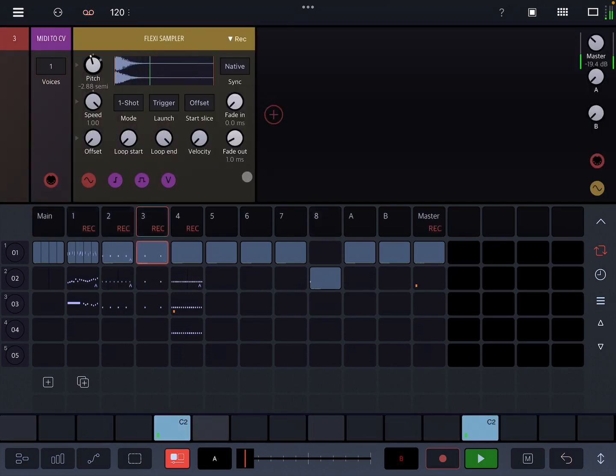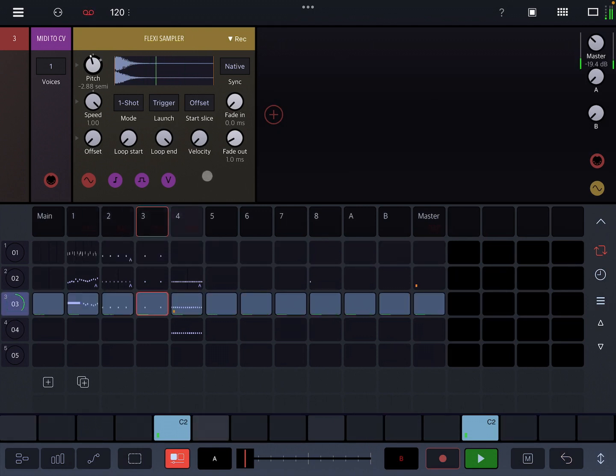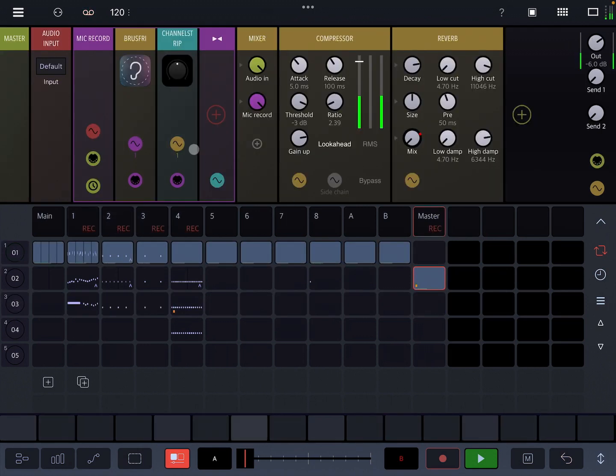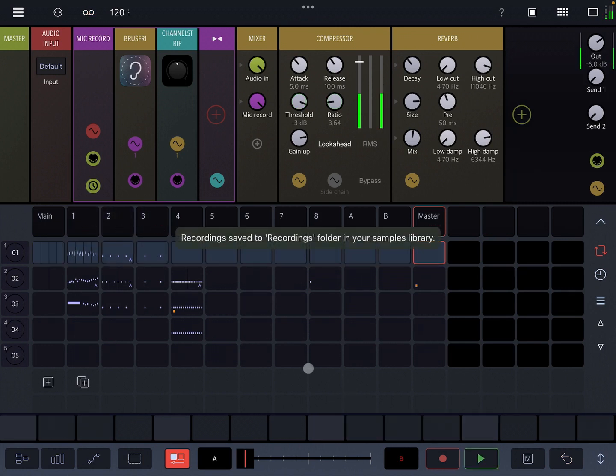And you can do your clip launching, you can do your slider stuff, you can just twiddle knobs. Done jamming out,